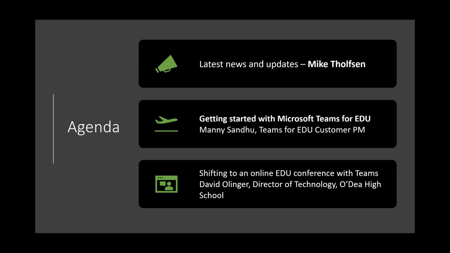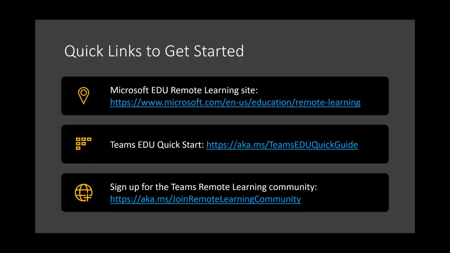So in terms of our quick links that we like to always talk about, there's our main remote learning site. We just updated the Teams Education Quick Start Guide, and that actually now is in lots of different languages. So it used to only be in English. Now, if you click this link, it will redirect you to the proper language, assuming it's been localized. And we've got many languages localized. It's somewhere between 50 and 100. I don't know the exact number, but it's many of them.